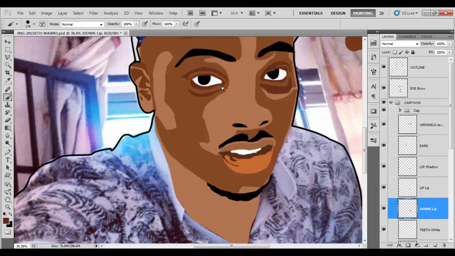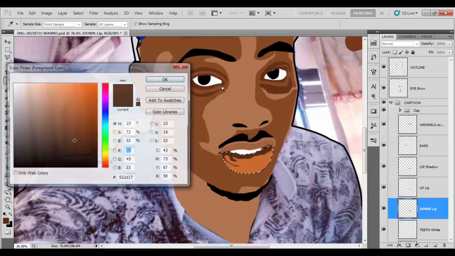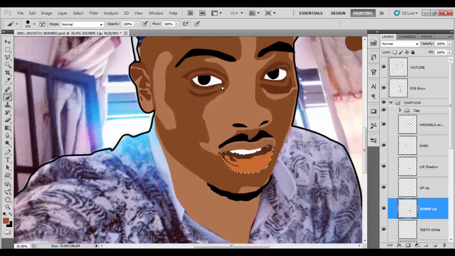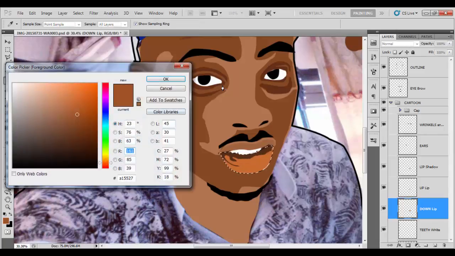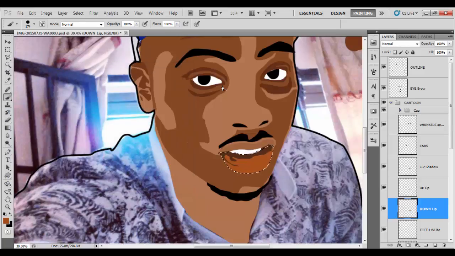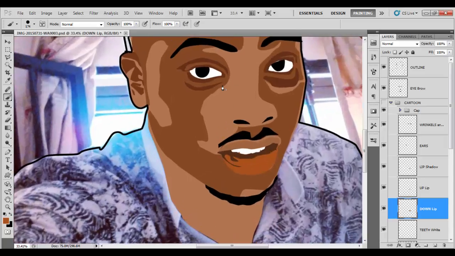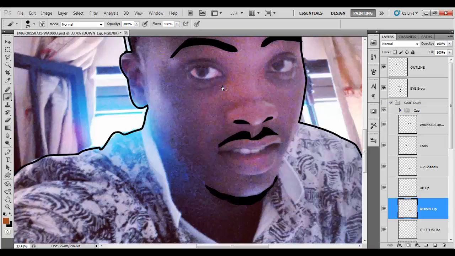The down lip needs, let's have it a little bit dark. I think this is fine. And there's a kind of a little bit dark shape within the jaw side, so